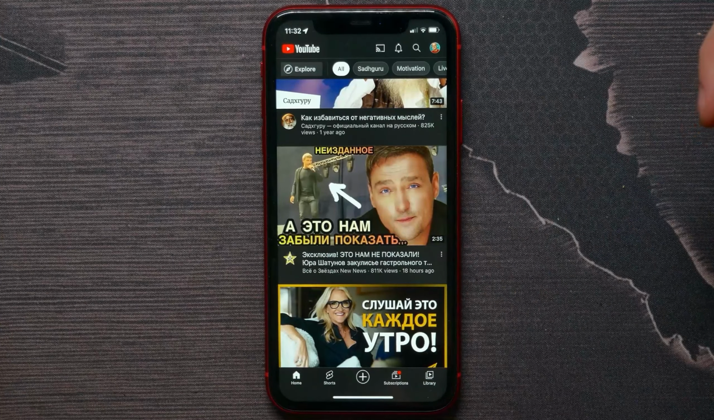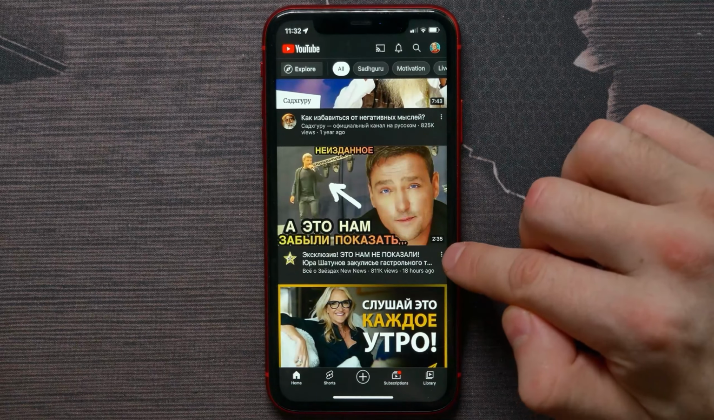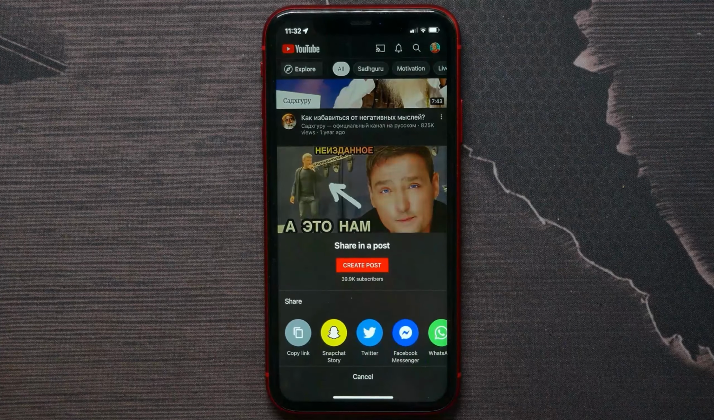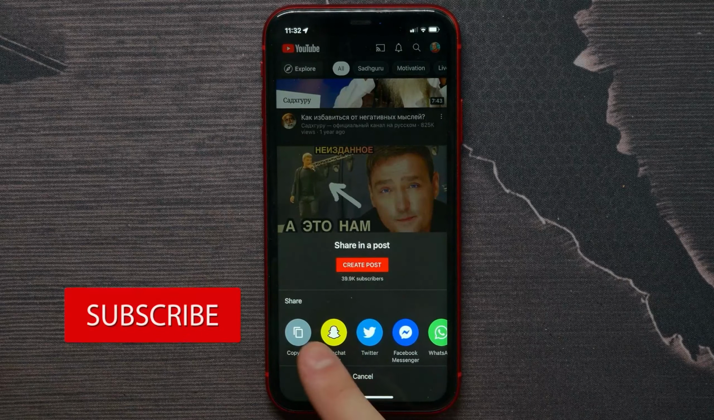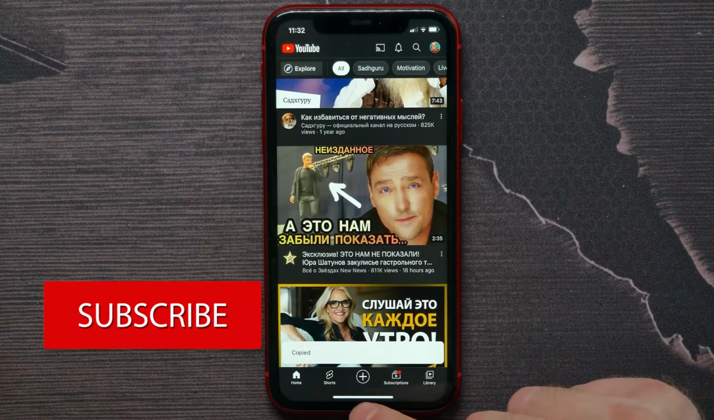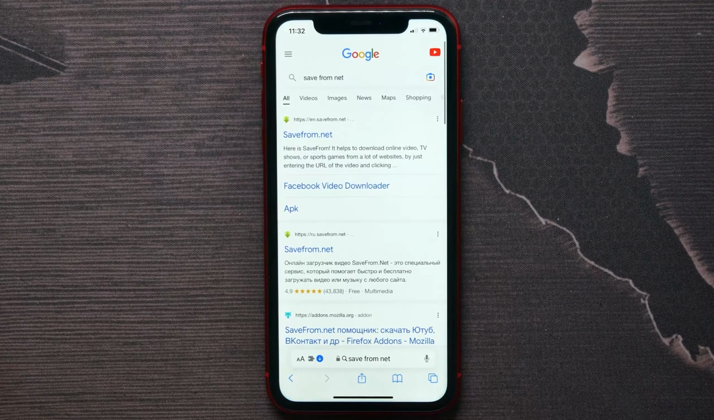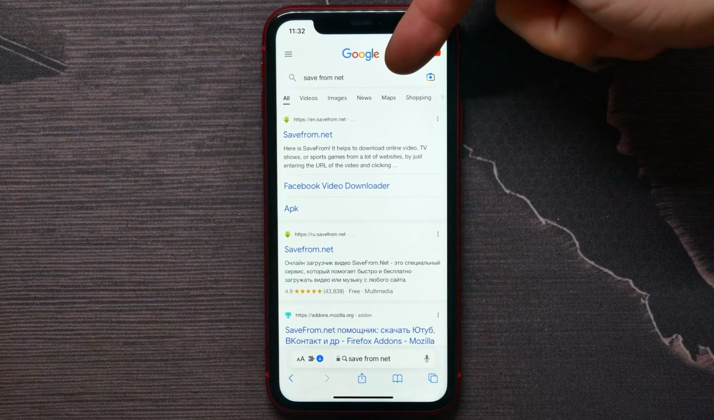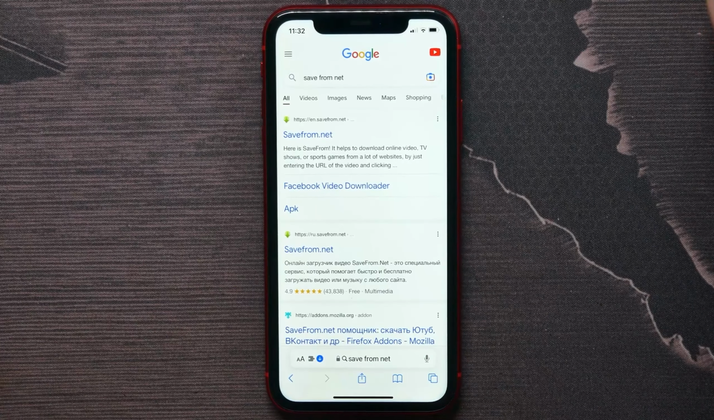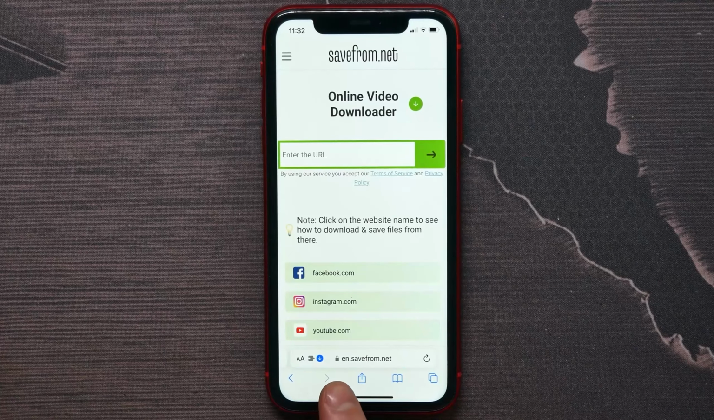Once you find that video, hit the three dots icon under the video and there hit on share. Now tap on copy link, so you have just copied the link to that video, and all you need to do next is open up your Safari browser and in the search box enter save from net and hit search. Now click on the first link to go to